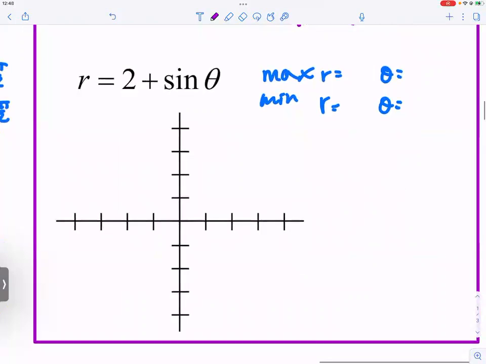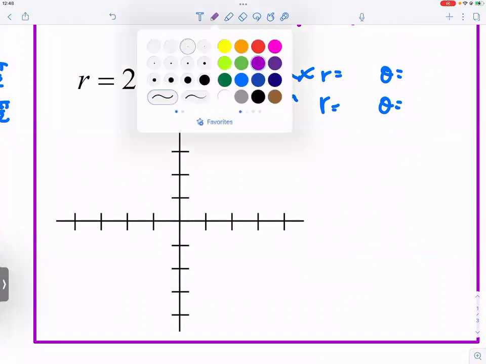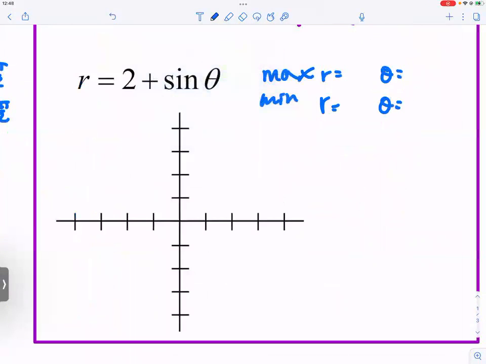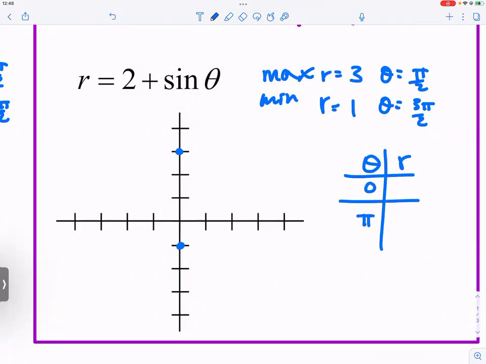And then over here, we say, well, what about this? 2 plus sine theta, sorry. Well, when theta is pi over 2, R is equal to 3. And when theta is 3 pi over 2, R is equal to 1. And other values of interest would be when theta is 0 and pi, in that case the R value would just be 2. So based on,